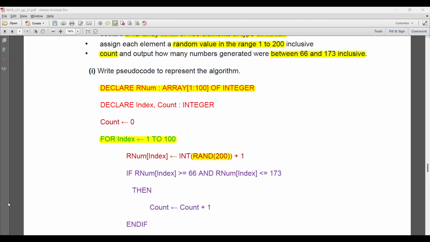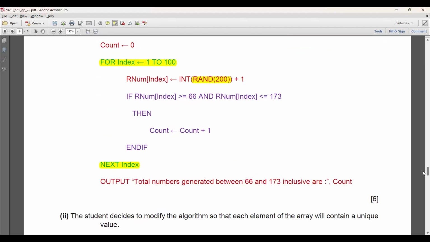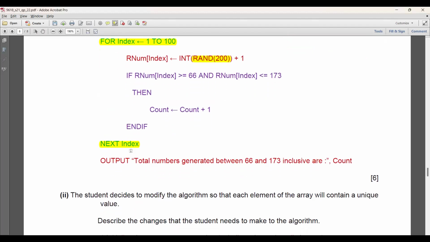Now moving to the later part. After that, next index, and we are simply outputting in the end the